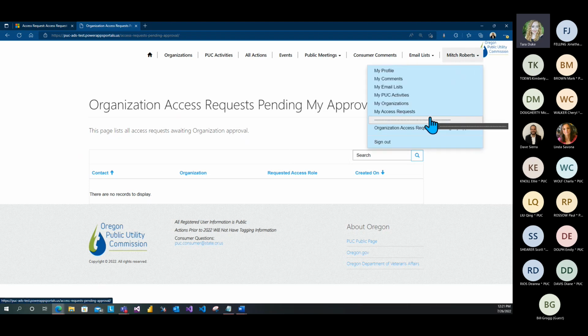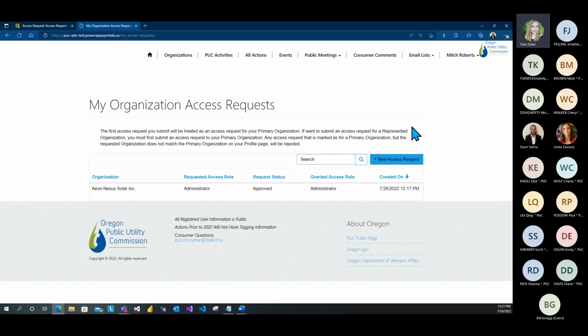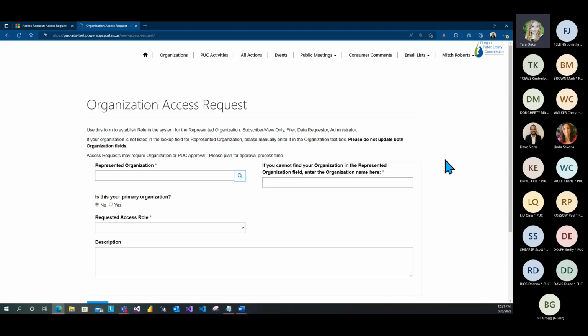Next, now that we've gained access as an administrator, I'm going to quickly show you how to gain access as a filer. So we're going to click new access request again, sorry. For anybody that's following along, we're going to walk through the same process, only now we're requesting filer, data requester access. So it'll be a little bit repetitive, but basically the process is the same,